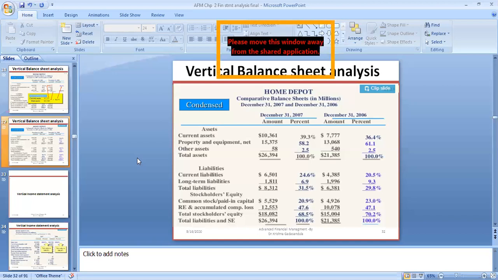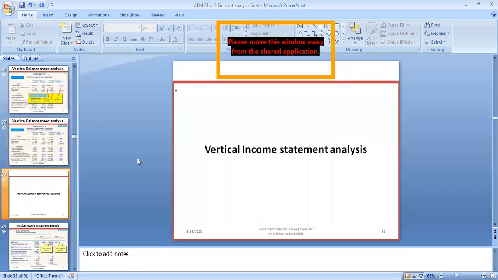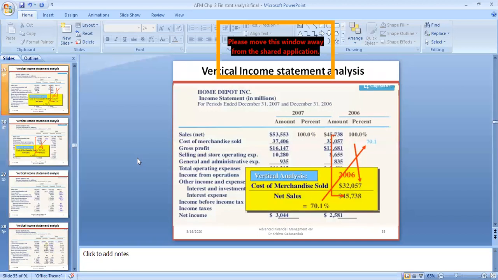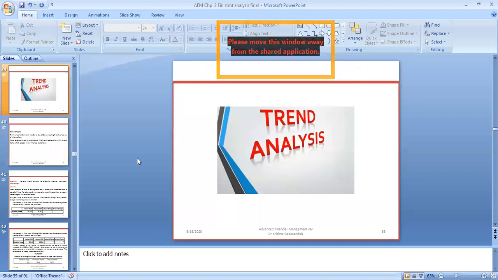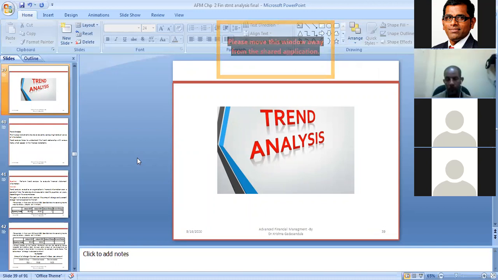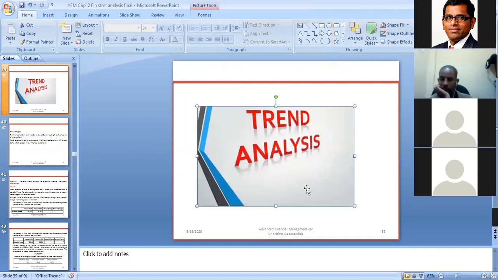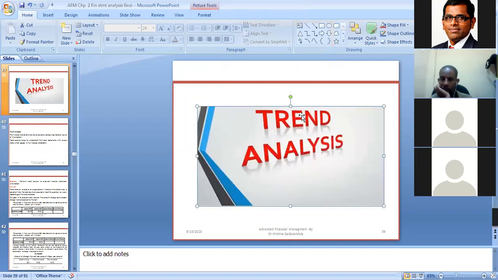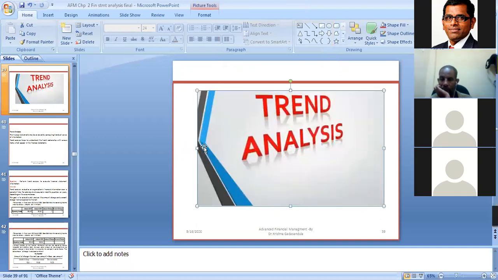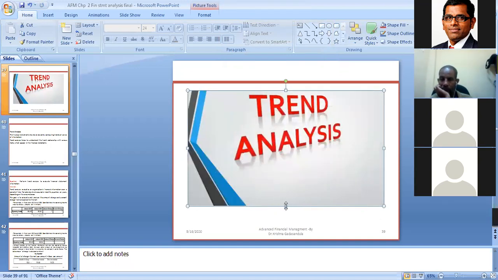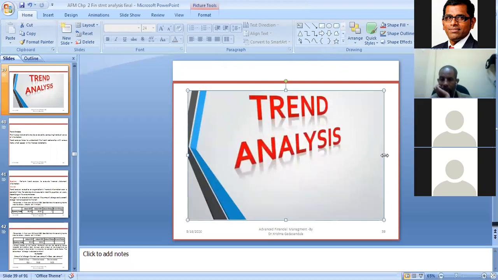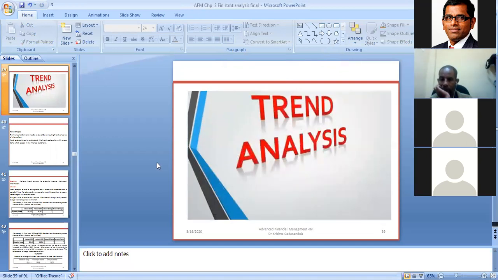So this is what we required. So this is the calculation of vertical and horizontal analysis. So try to understand this. And the next technique is trend analysis. The third technique is trend analysis. Yes, how it has been moving, the trend. It is the same as horizontal analysis only, but a small difference is there. We'll see that one by one.